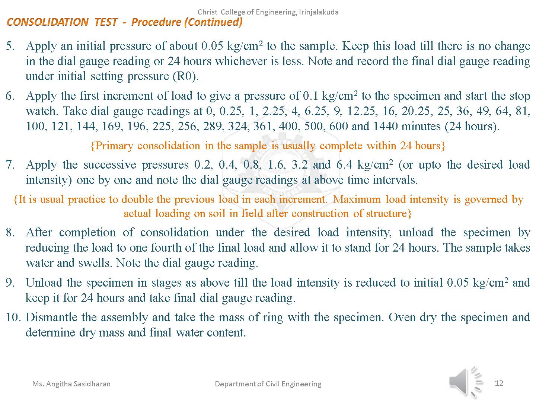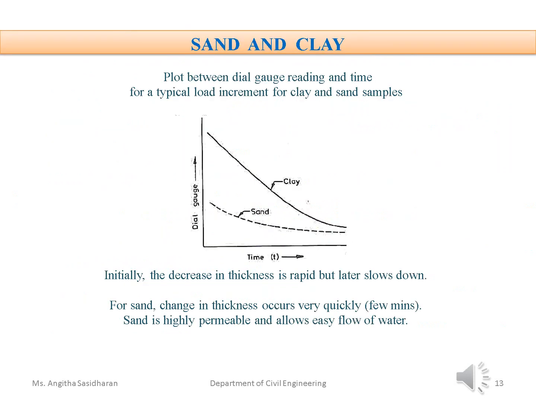Then we'll dismantle the assembly. Now the unloading process is done, and we'll dismantle the assembly and take the mass of the ring with the specimen, and we have to oven dry the specimen, and with that we can determine the dry mass and final water content of that specimen. We were talking about the procedure of the consolidation test, and the result of that can be